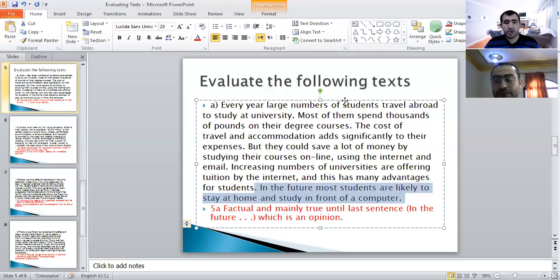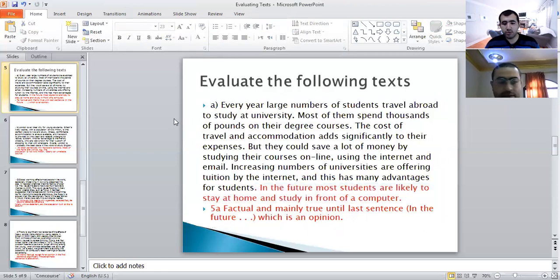Because you're not sure what is actually going to happen in the future. You're just saying that it is likely or probably. This is like thinking of something that may be true or maybe not true. As long as it is related to the future, we're not really sure. We don't have any evidence because it's unknown. It's just a speculation. You're just thinking about it, so in the future you don't know if it's sure or not. Maybe true, maybe not true. So yeah, that could be an opinion.